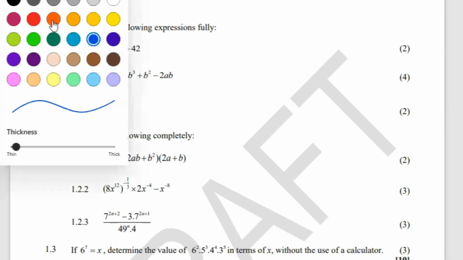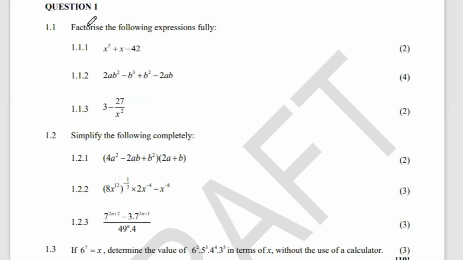So question number 1, factorization. So this is algebra. Question number 1, they're telling us to factorize the following. Now, no one is going to tell you which method to use. Grade 10s, we just need to be sensitive to know what we need to do, or which method to apply at what time.